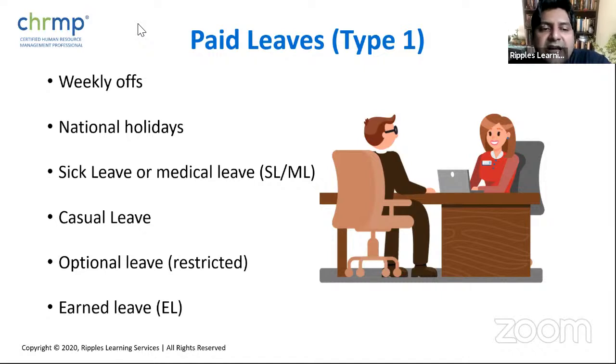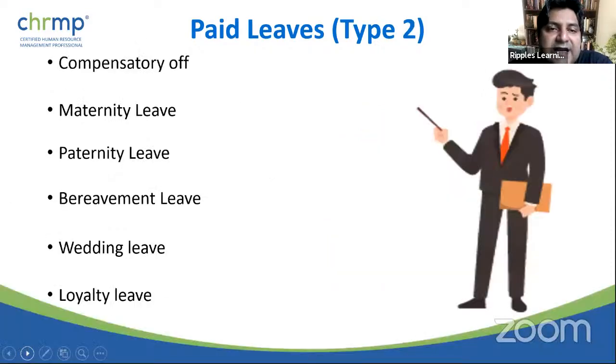And then there is something called casual leave, and there is something called optional leave, or we also call it festive leaves, and then there is something called earned leave. So when we talk about paid leaves, this is the first set of paid leaves that we are talking about, which includes weekly offs, national holidays, sick leave, casual leave, optional leave, and earned leave. Now, another set of paid leave is